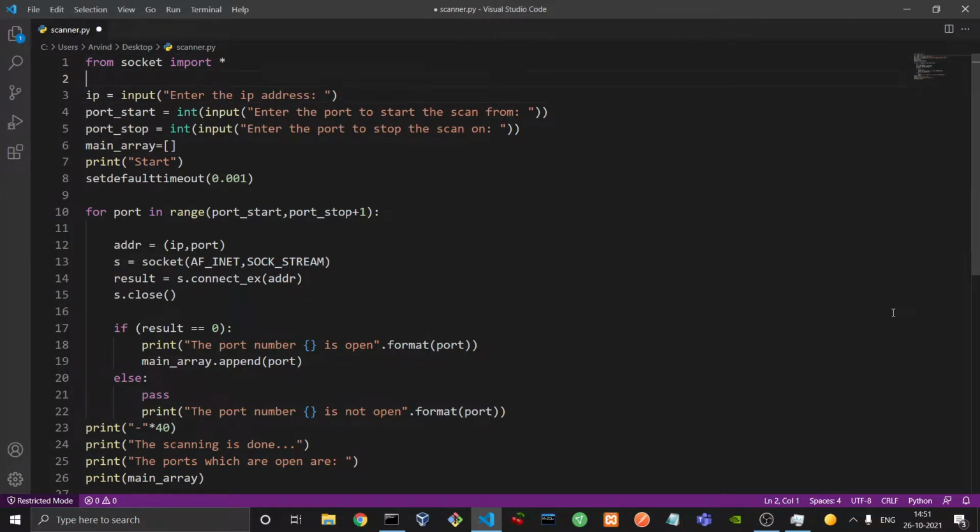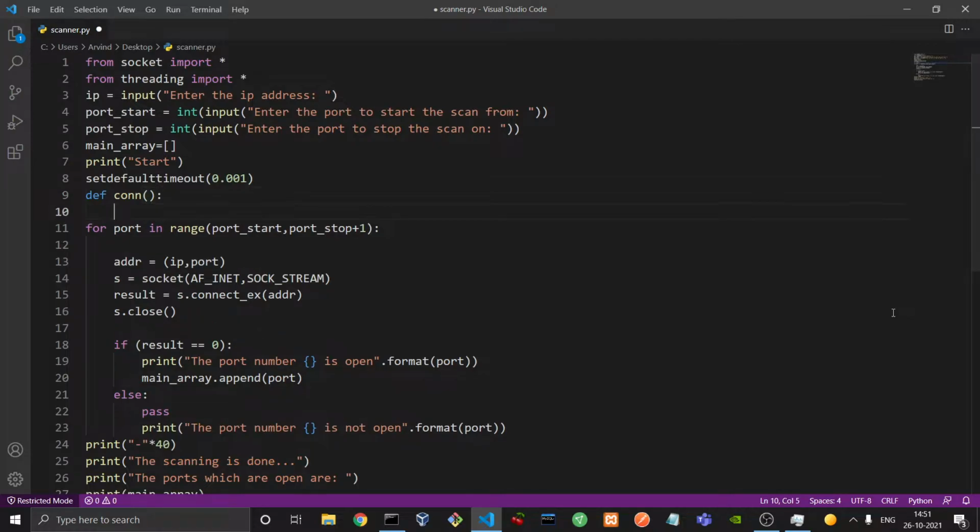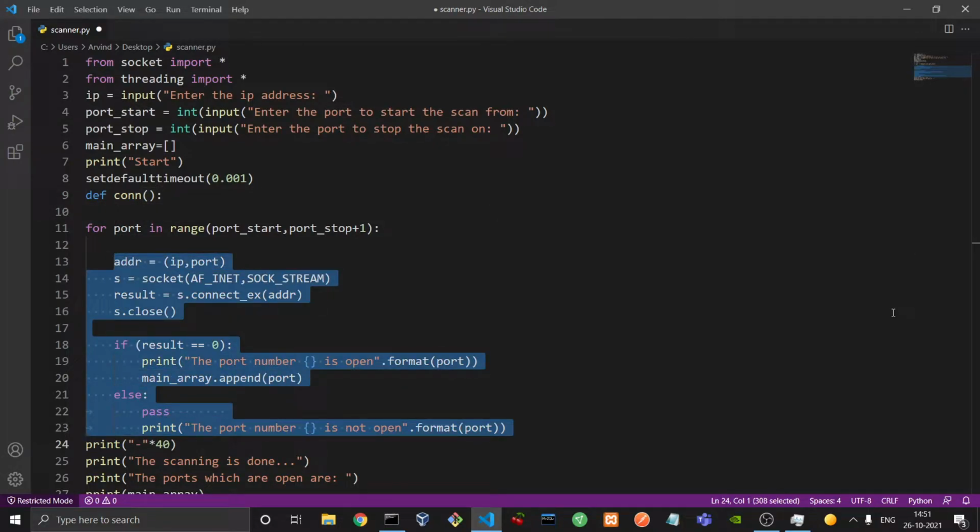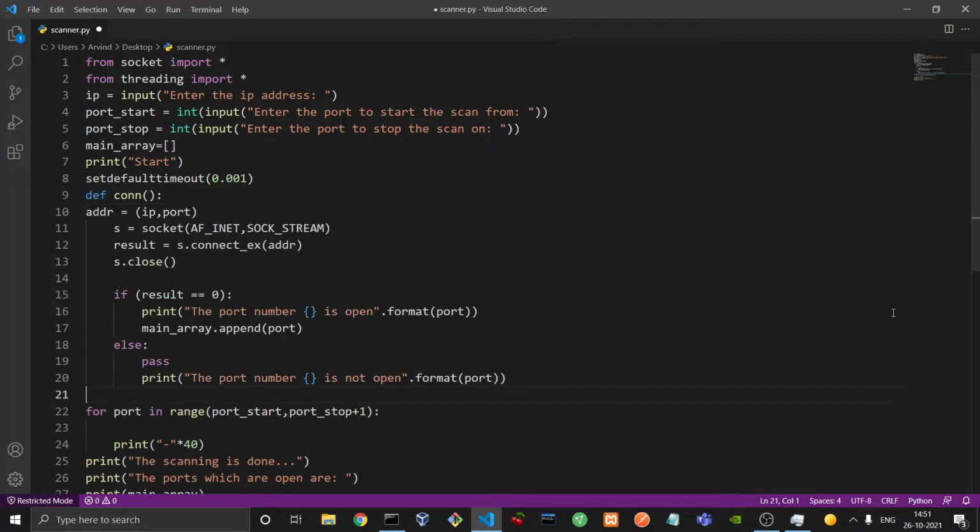So to implement multi-threading, first we import everything from the threading package. So from threading, it should be in small, not in caps. From threading, import everything, and then what we try to do is, for every port we'll open up a new thread, and that will take the target. The target of that thread would be a function con which would contain everything like these things. So we'll just cut this and paste this over there,